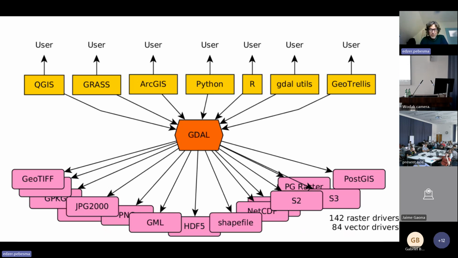This model is not new. This already started 30 years ago with GDAL. You have learned on Monday a lot from Giuseppe Amatulli about GDAL and how it works. And GDAL is still there, probably in all these systems, like, you know, it's probably all in ArcGIS and in Google Earth Engine. We don't know, but it's pretty sure that it's there.